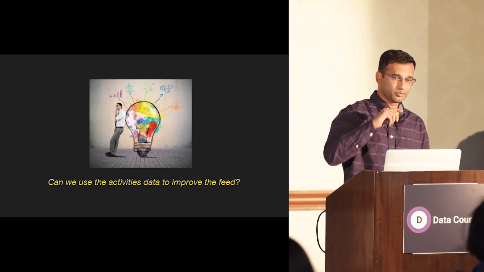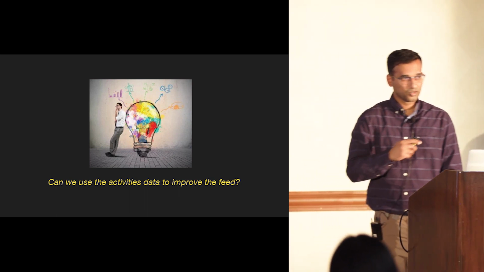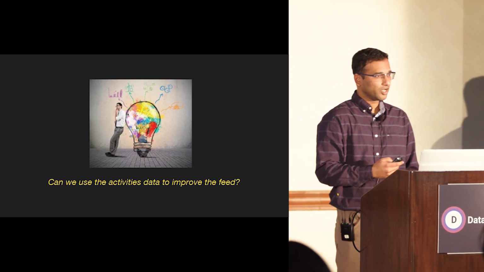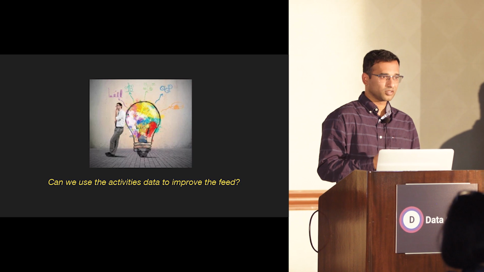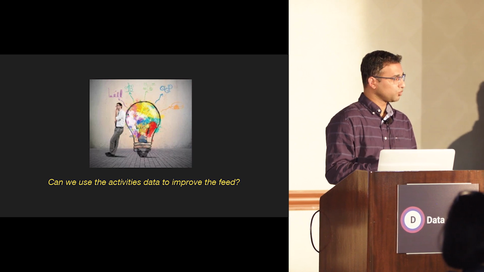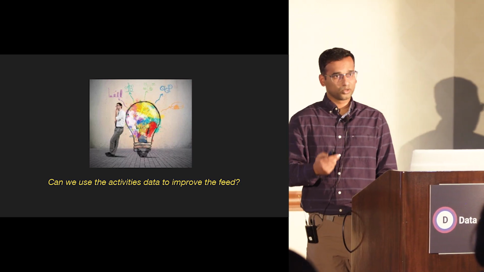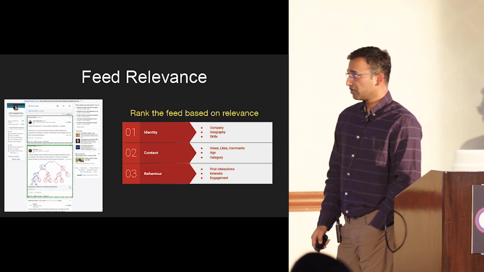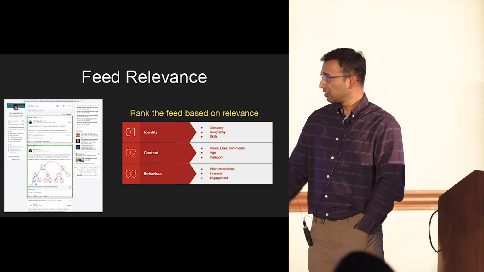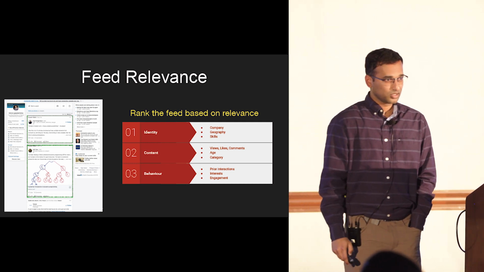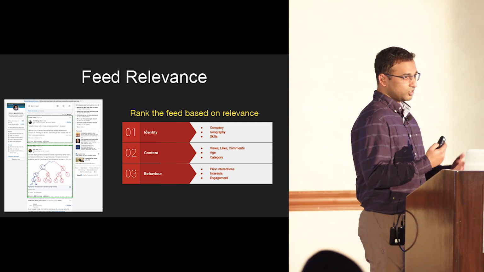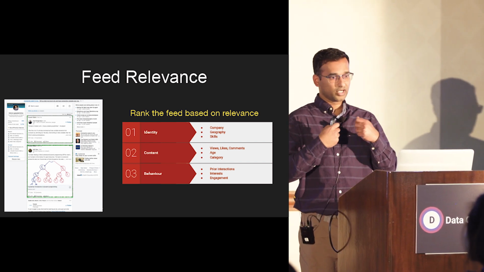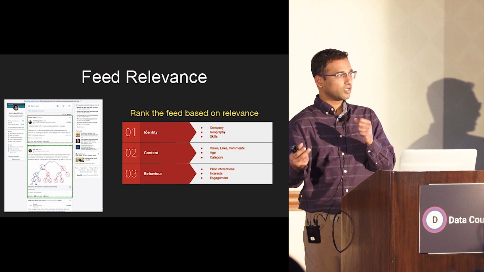If you look at the life cycle, you basically had the data, and then you generated a product. Now you can also think about, can we do better? How can we use this data in a much more interesting way than just showing it to the user? Can we ourselves use it? One of the cool things you can do with this data is re-rank our feeds, because the feed is always a two-sided thing: the member who is looking at it, and the article on the other side.